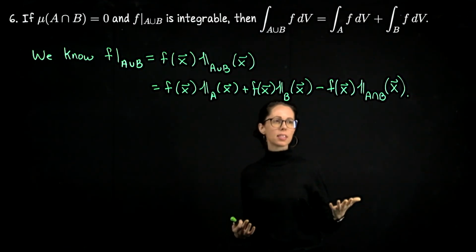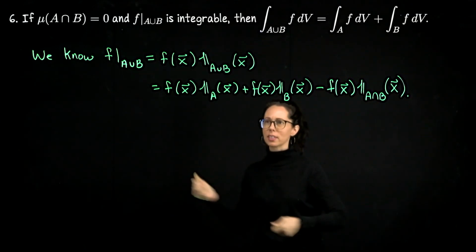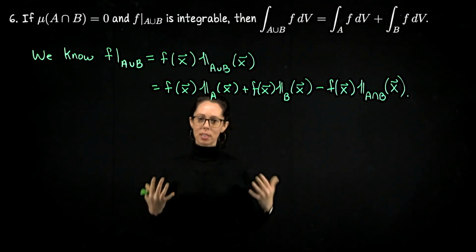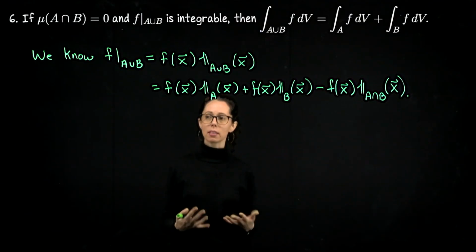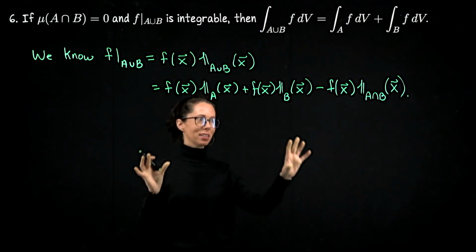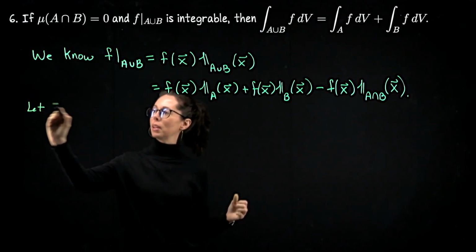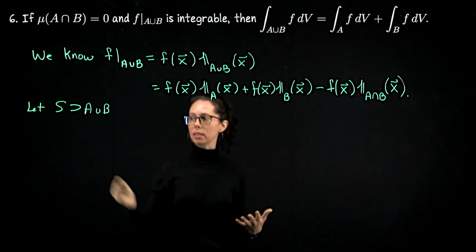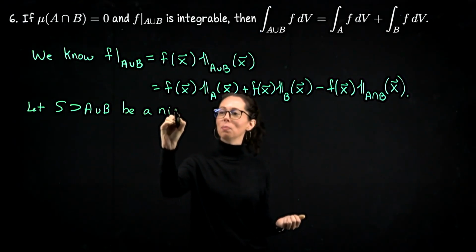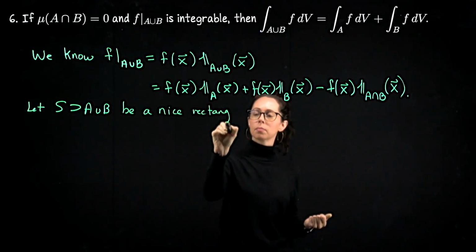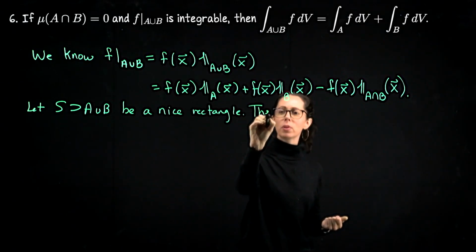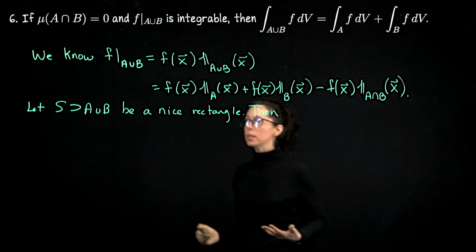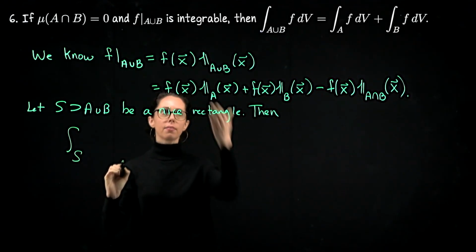Since we've got different domains here, I want to be very clear about why this integration works, and that's because ultimately all of these integrals are defined as happening really on a domain, which is a nice rectangular domain enclosing each of the domains. So let me pass back to that just because we have different kinds of domains of integration. So let S enclosing A union B, to give us a rectangle that works for all of the domains, be a nice rectangle in the usual way. Then what I'm going to do is first integrate over S and then pass down to the integrals that we actually want. So we can say the integral over S of this product